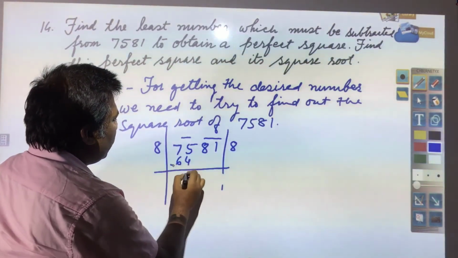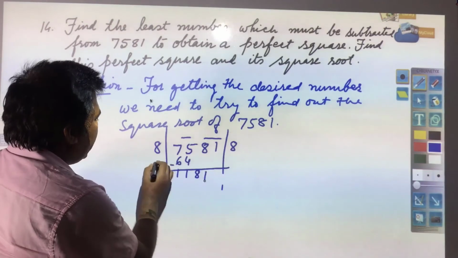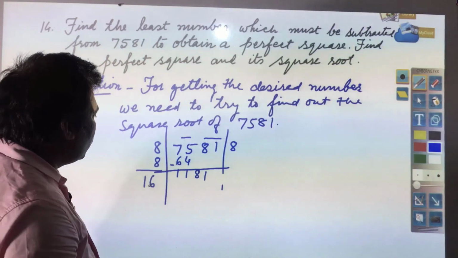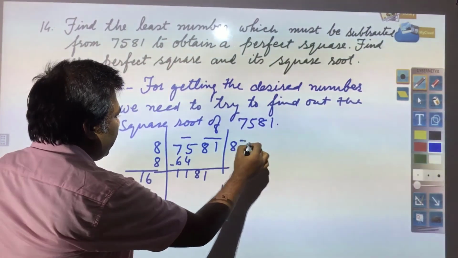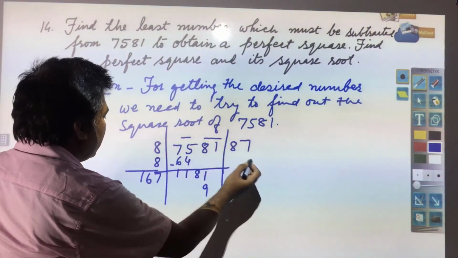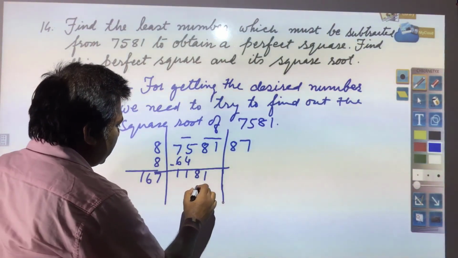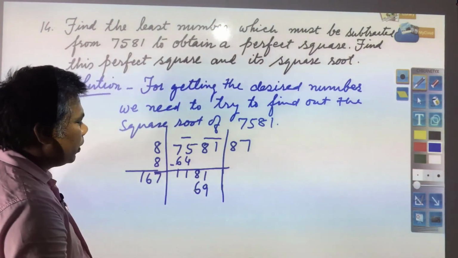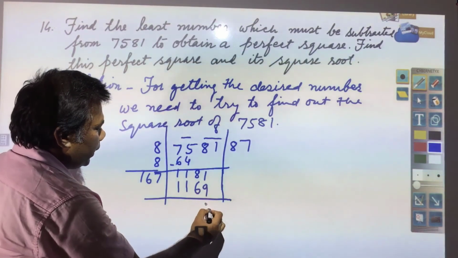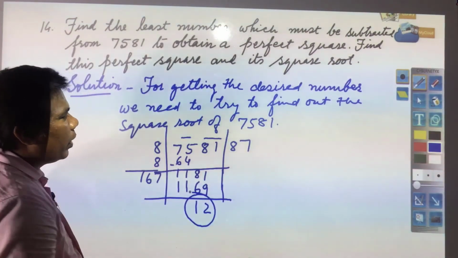You subtract this, 1 and 1. Next period you have 81, then 8 will be added on this, you will get 16. Now, you see how many times it will go. So, now you try 7 times, 7 7 is 49, 4 you have, 7 6 is 42 and 4 is 46, 4 you have, 7 1 is 7 and 4 is 11. You subtract this, 11 minus 9 is 2 and 7 minus 6 is 1, 12 you have. So, remainder you have got 12.